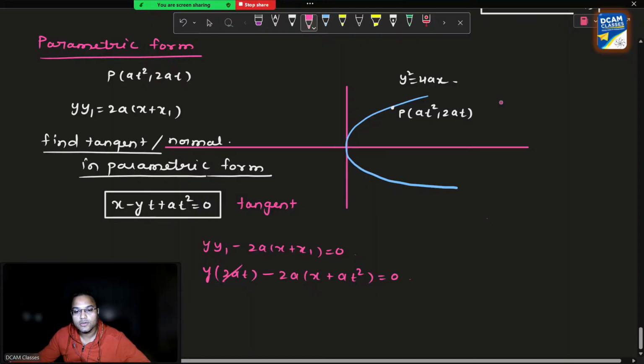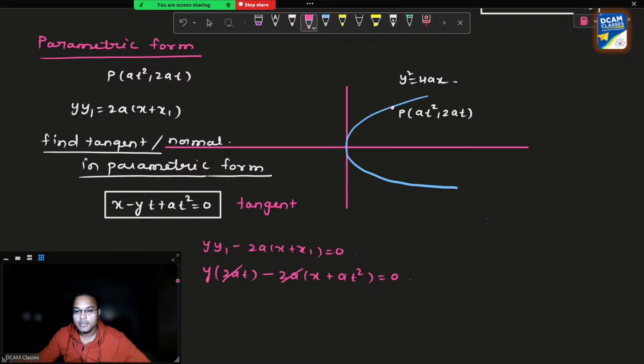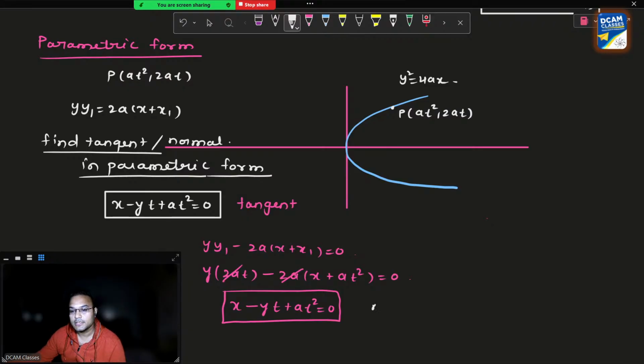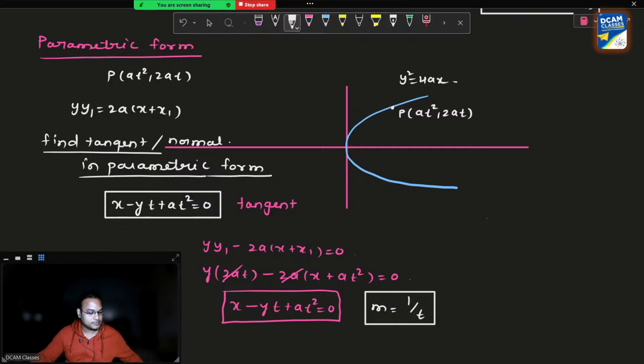So you can just take 2a common and remove it. So you'll get x minus yt plus at square simply. So in a similar way, see the observations from here, what you will get is the slope is 1 by t. In a similar way,